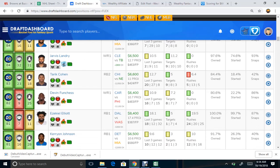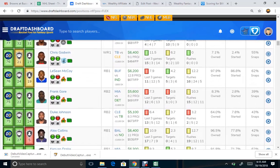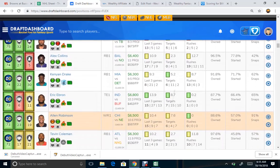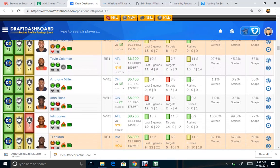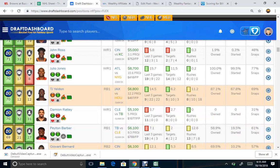Let's see if there's anybody else I'd like to look at real quick, specifically for a tournament, to see if we can hit on anyone. Just looking for upside here. I definitely like Julio. We can go right back to him again. He had a lot of opportunities for the end zone, red zone, just didn't get it. So keep looking out for him to get his touchdown. That's pretty obvious to happen because the Giants may very well shut down the number 2 and number 3 receivers, as they do